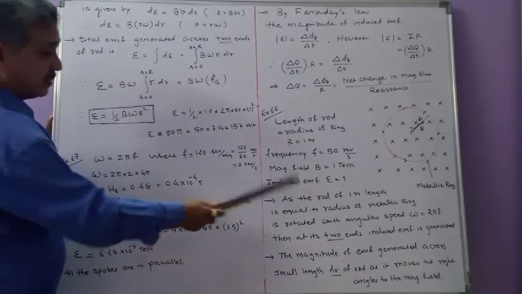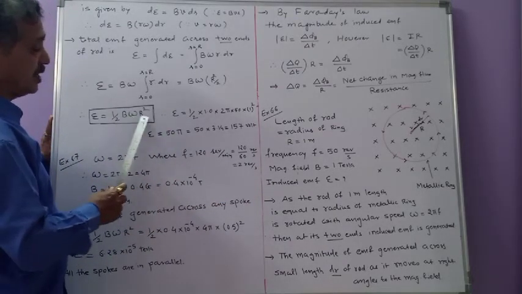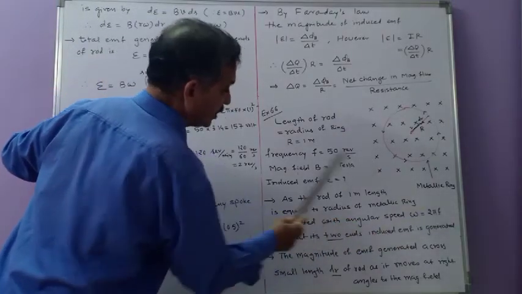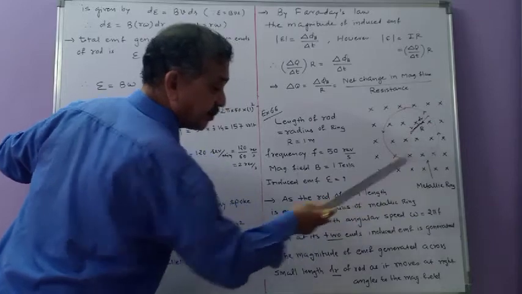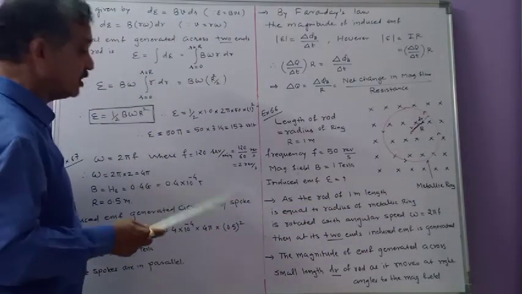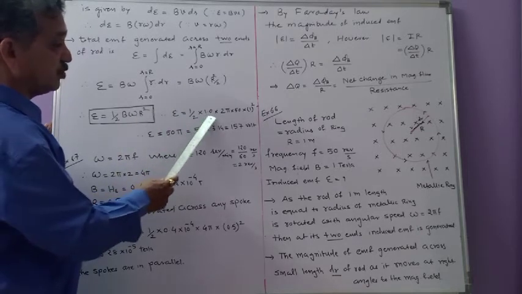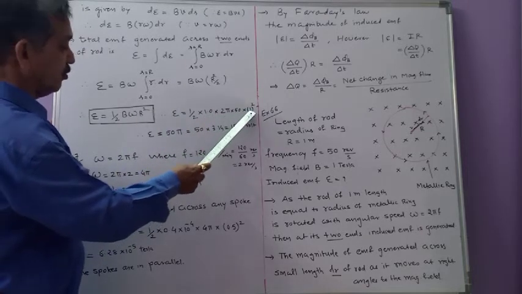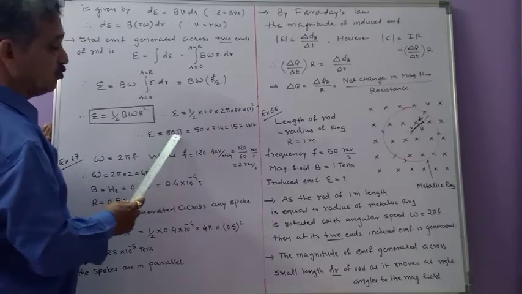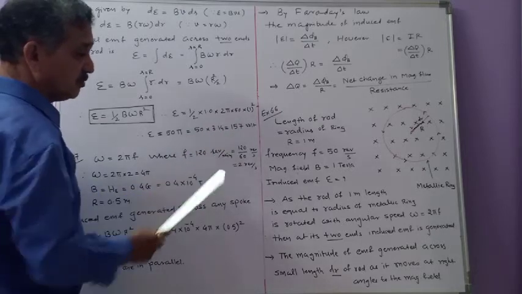And now in this example we want to determine this E. Put the value of B, omega and R. तो ओमेगा इक्वल टू कितना है? 2 पाई f. f की वैल्यू कितनी है? 50. तो it is 100 पाई. और पाई की वैल्यू 3.14, तो it is 314. तो E equal to 1/2 into B की वैल्यू 1.0 into 2 पाई into 50, और ये रेडियस कितनी है? लेंथ 1 स्क्वायर. So this is E equal to, you will get 50 pi, and 50 into 3.14, answer is